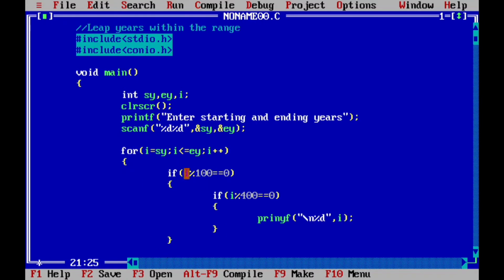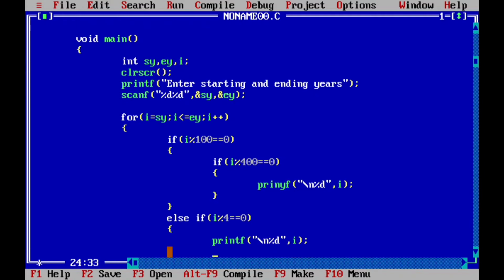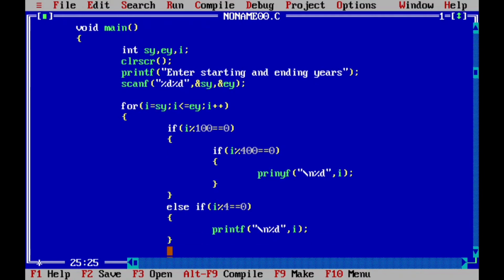Now if this if condition is false, then control comes to the else part. So else if, bracket open, i modulo 4 equal to 0, then printf \n %d comma, the variable is the same i, bracket closing, then here the for loop closing.